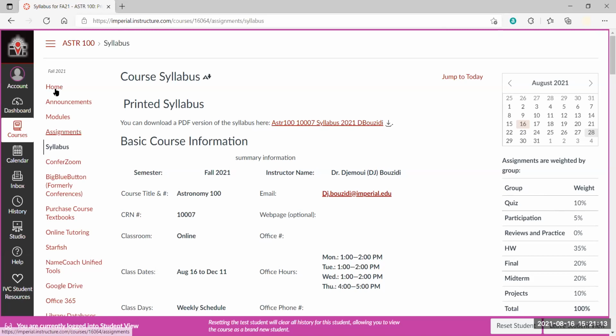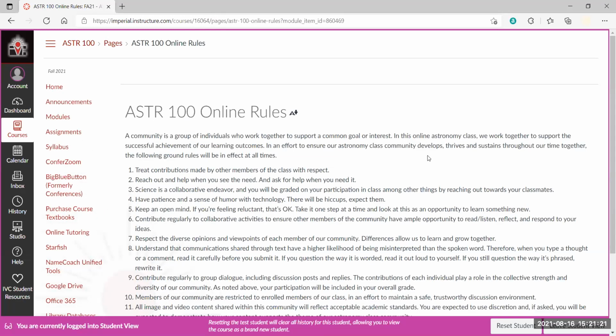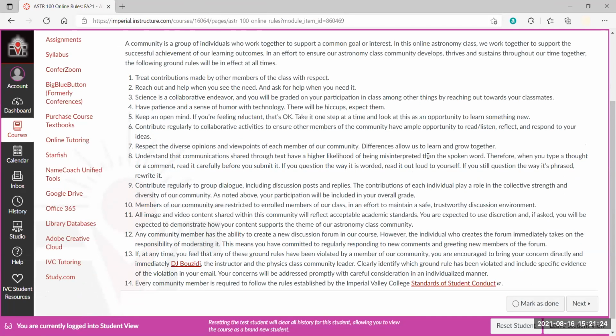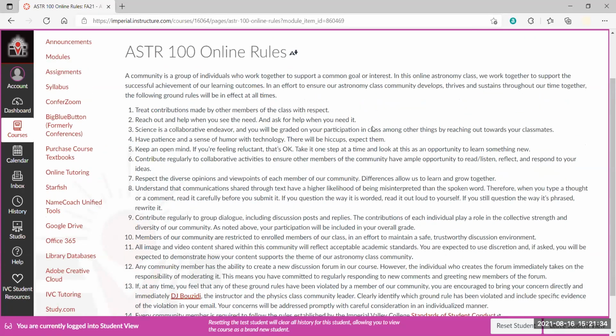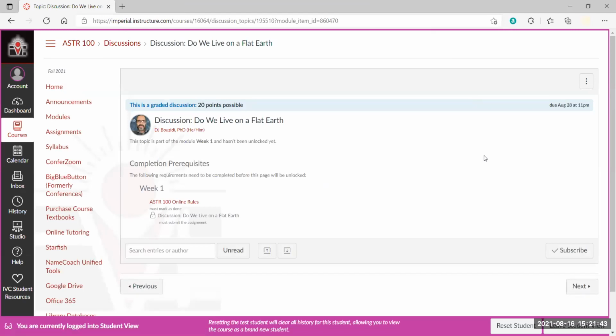Okay, so let's go back home. If I go back home, I'm still a student. And if I click on this one in here, these are the rules on how to behave online, so that we are all respecting one another and observing the rules and so on and so forth. I want you to really read this. And unless you mark it done at the bottom in here, if you click next without doing it, well, you're going to basically